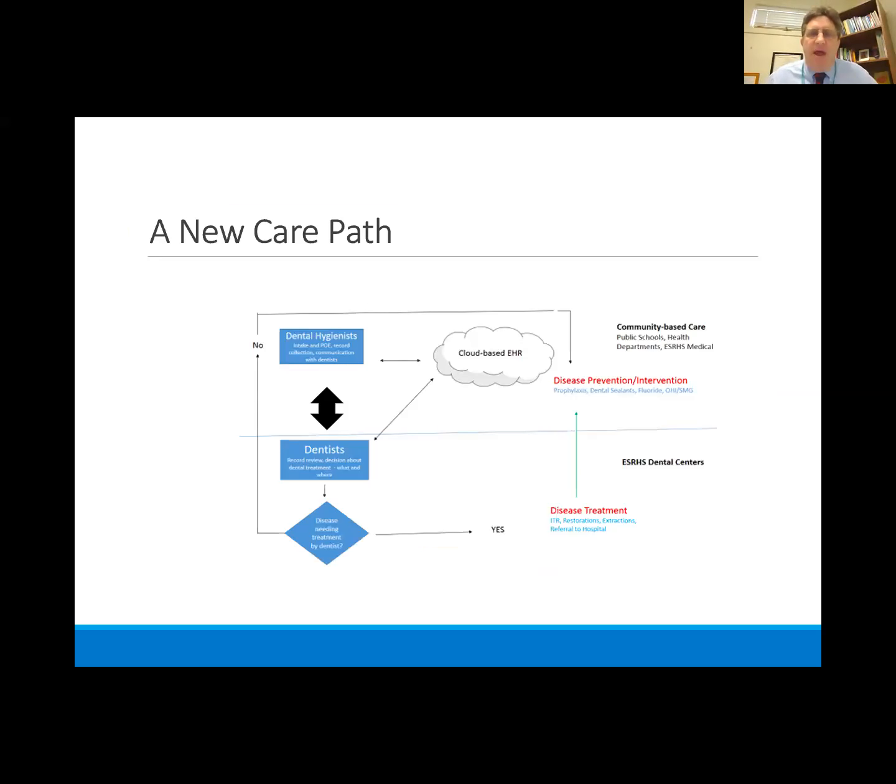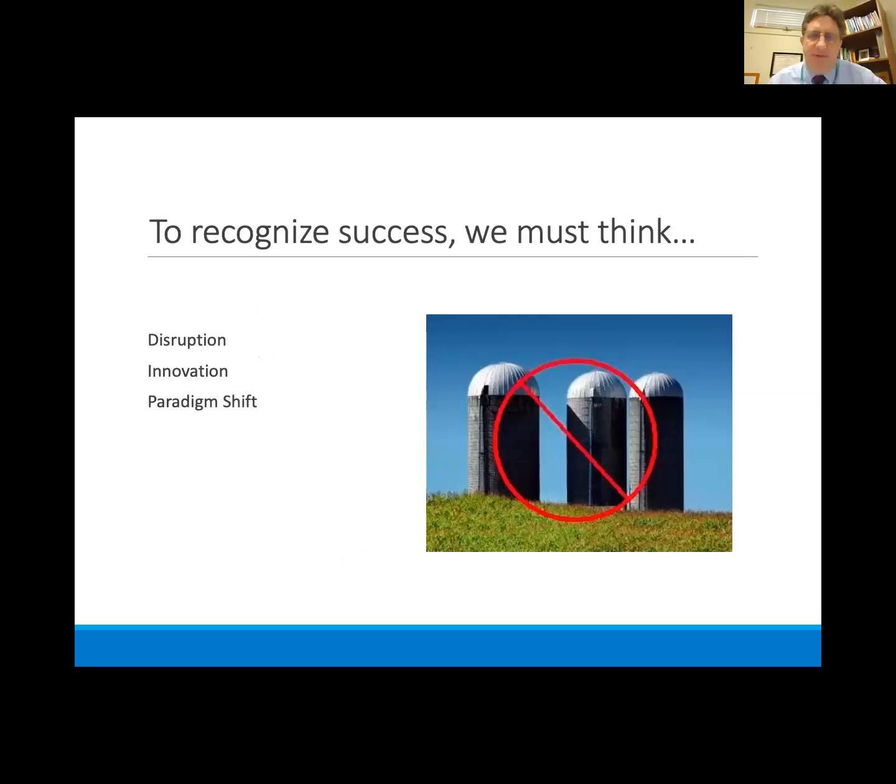And wrapping it up, you folks have probably seen this before. This is something that I adapted from Dr. Paul Glassman, but this is our care approach, where we're trying to create, again, a virtual dental home. Many of our patients may never have to come to the office, and that's good for a community-based dental program that has limited capacity. Our dentists are doing the surgery, and our hygienists are out doing the disease prevention and intervention. Next slide, please. We do that with cloudless EHR, the Nomad X-ray unit, and now teledentistry is another way